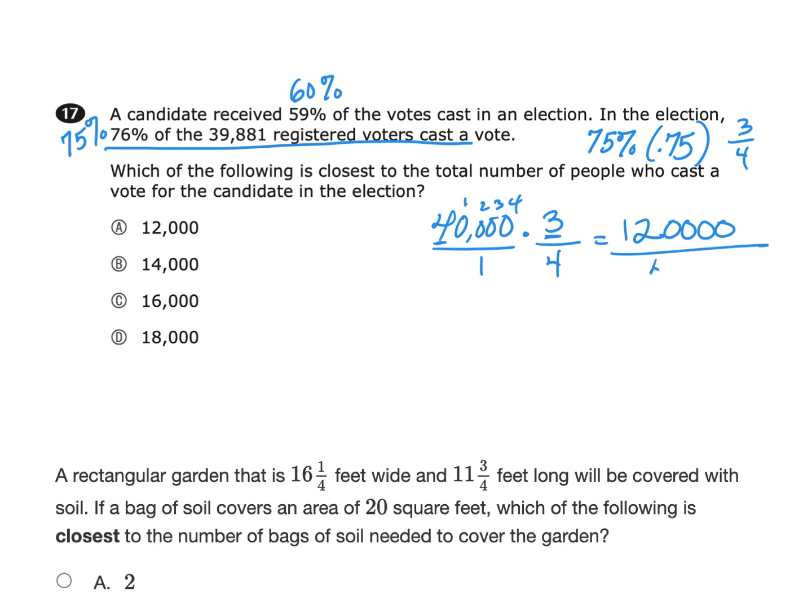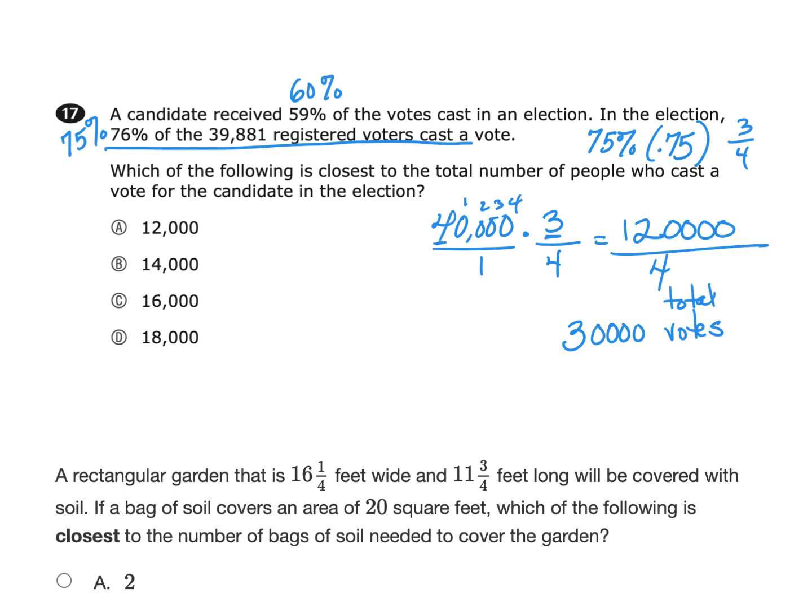1 times 4 is 4. Again, when we're dividing, same thing occurs. Divide the non-zero number, so 12 divided by 4 is 3, and I have 4 zeros. So this 30,000 represents the number of people who voted. So this is the total votes. Okay, so using that 30,000,